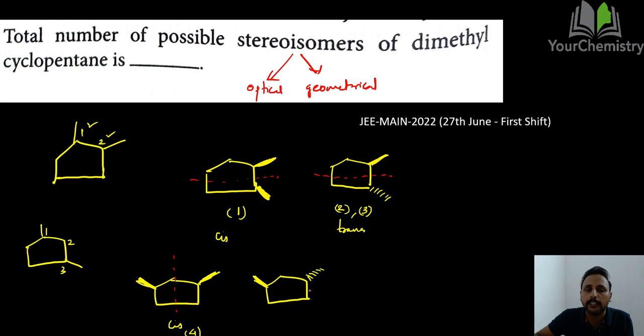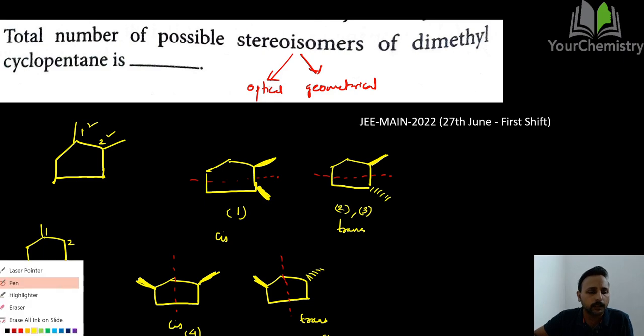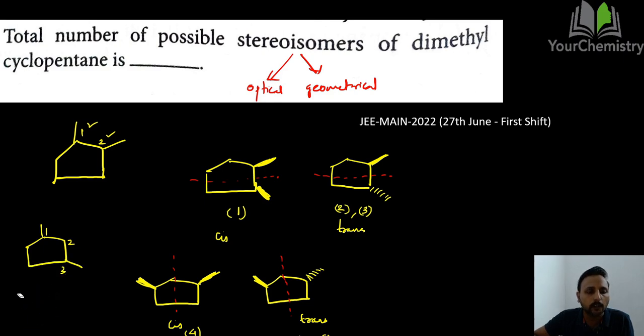Trans means 180 degree opposite, and in this particular case I am not able to divide this into 2 equal halves. So what is the conclusion I can say? This particular trans is optically active, so that is going to be the 5th and the 6th form. Even if you are thinking why you are not taking this form, because that is also 1, 2, 3 only. So whatever the other structure you take, that will be the repetition of any of these structures